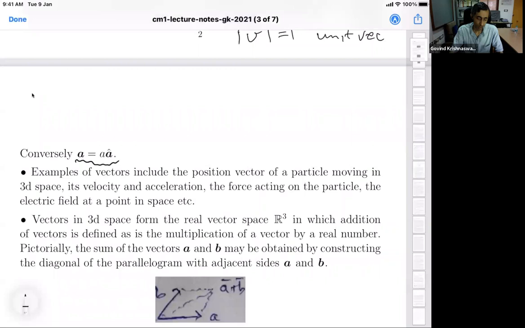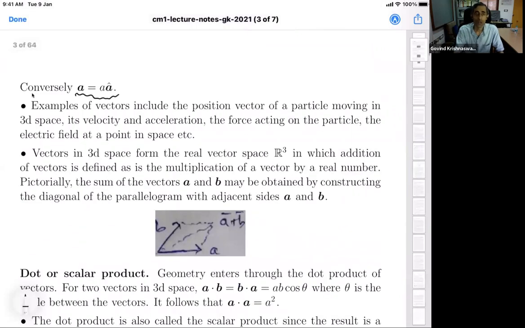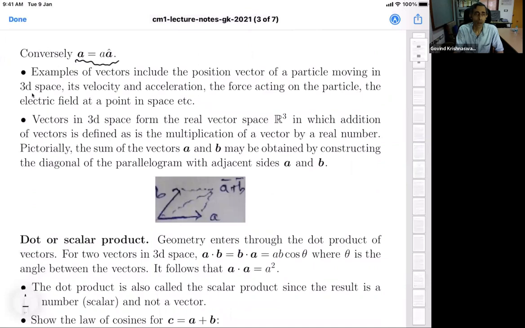Now, of course, this is a course not on vectors, but on physics. So examples of vectors are important, and these include the position vector of a particle. I mean, the position of a particle for some purposes can be regarded as a